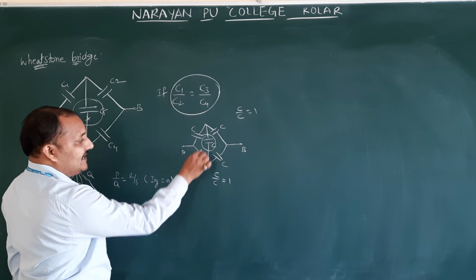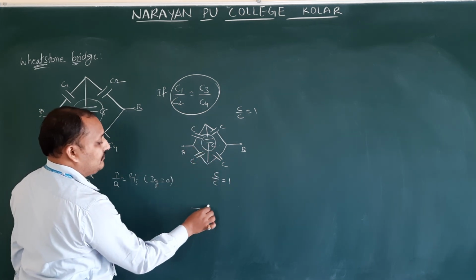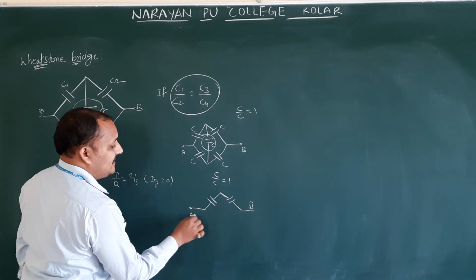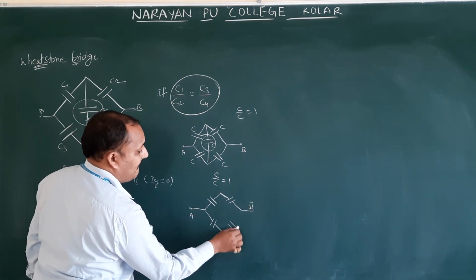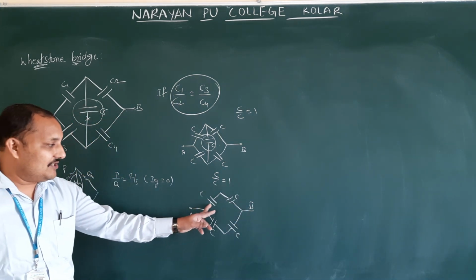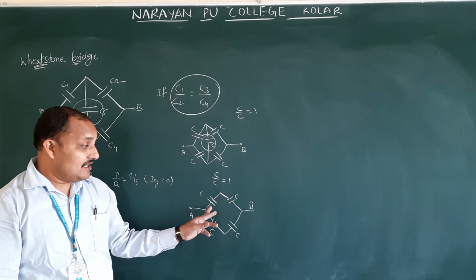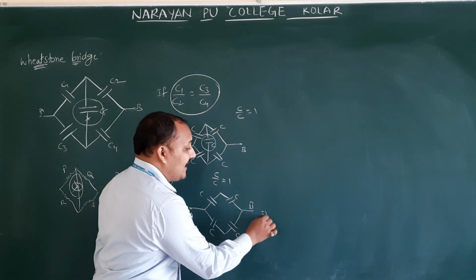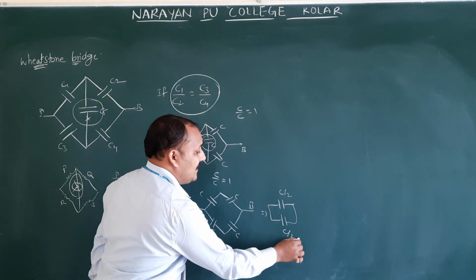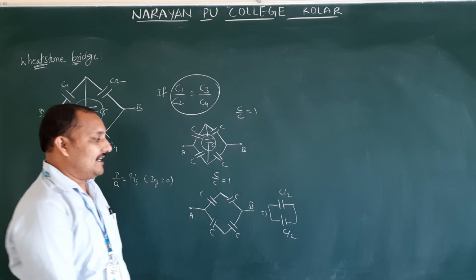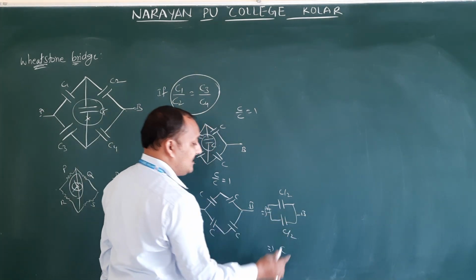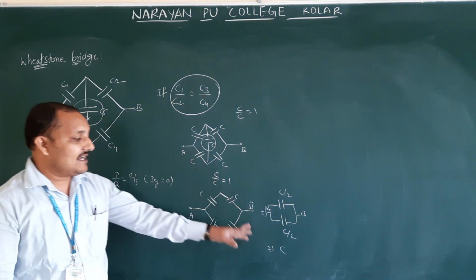If you remove this one, what is the next diagram? By removing this one, this is B, this is A. So this is the next diagram. Then we can find this very easily. How are these two capacitors connected? In series. Two same capacitors in series, how much will you get? C by 2. Here also C by 2. Therefore, how are the C by 2 connected? In parallel. This is A, this is B. Parallel means C by 2 plus C by 2, so the resultant answer is C.